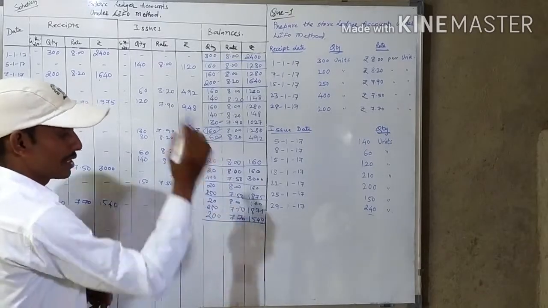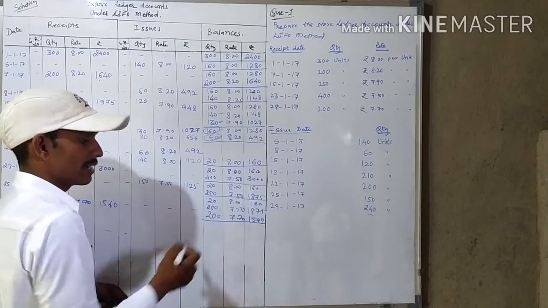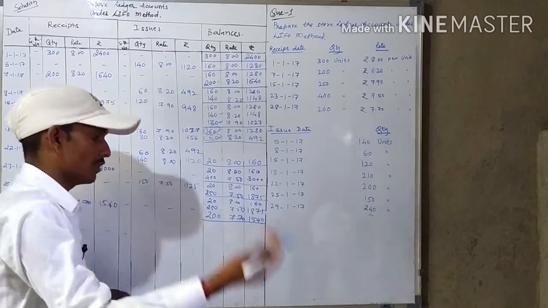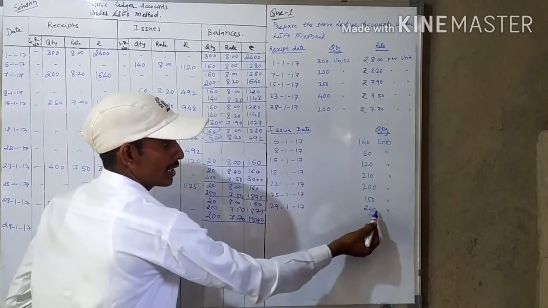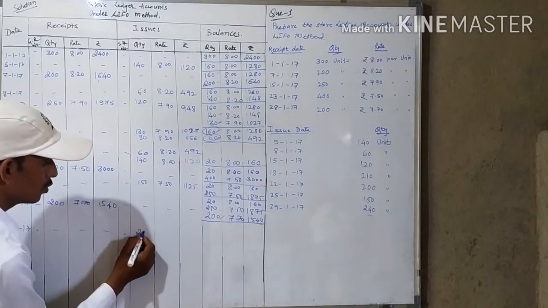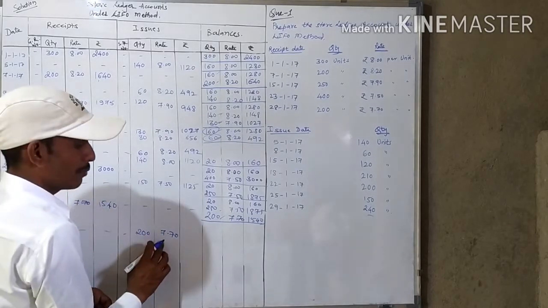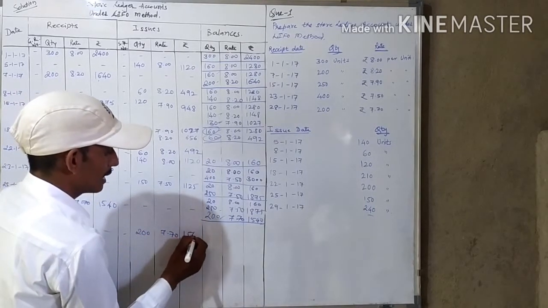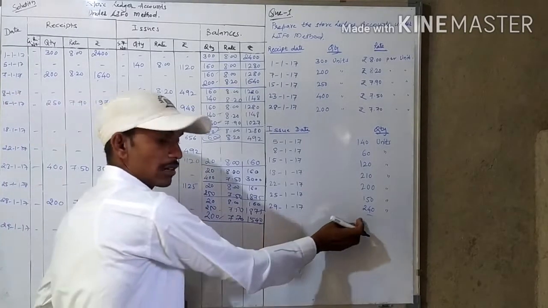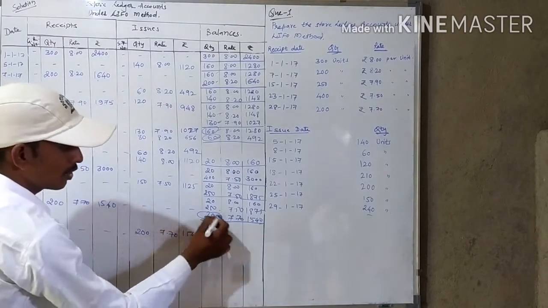Then in the godown, 3 lots are available: 20 units purchased earlier, 250 units after that, and recently 200 units purchased. So which units were purchased last? We have to issue first. We need to issue 240, but first we'll issue last in, first out. These 200 units will be used to issue. Rate is 7.70. The value of that is 1540. Again, we have to issue a total of 240. Out of that, 200 already issued. These 200 are gone.